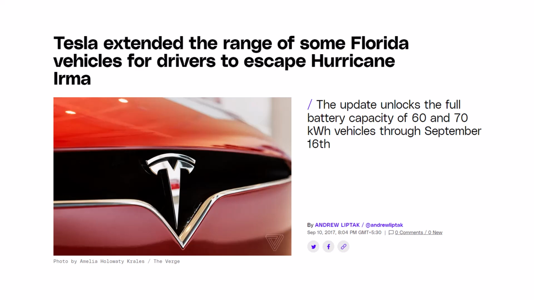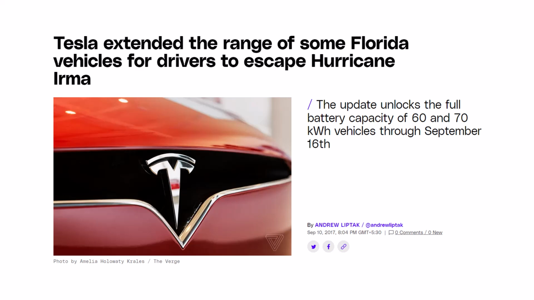Okay. So in Florida, a hurricane has hit, because of which it was getting tough for people to come out of that hurricane zone, because people were just short of some 30 or 40 miles from their locations, because of which they were not able to get in. And as it was